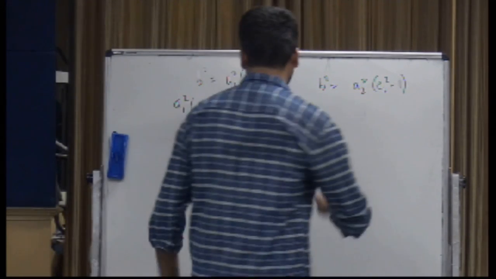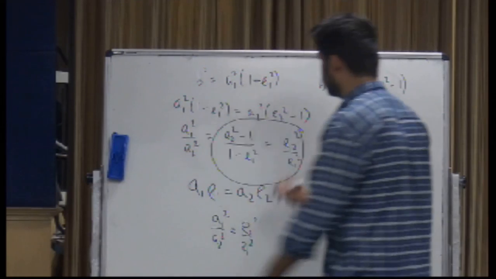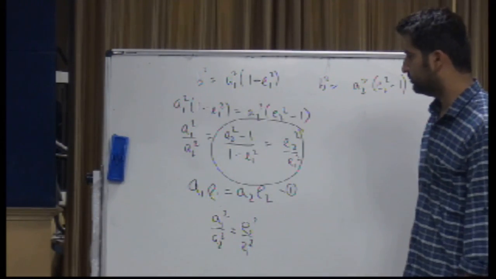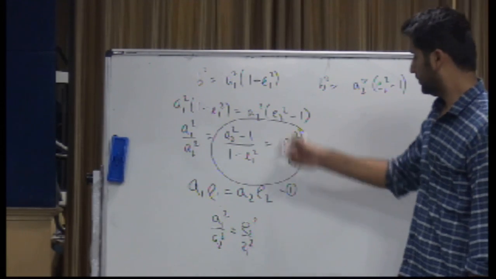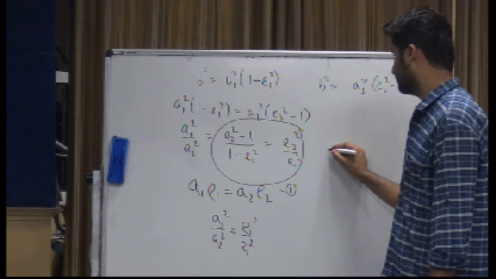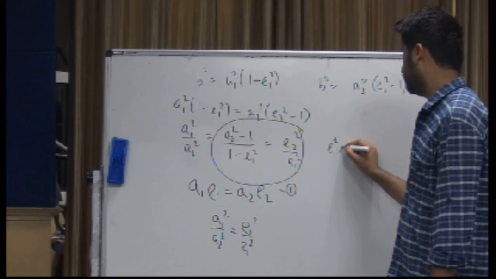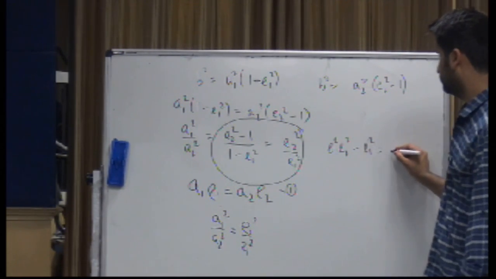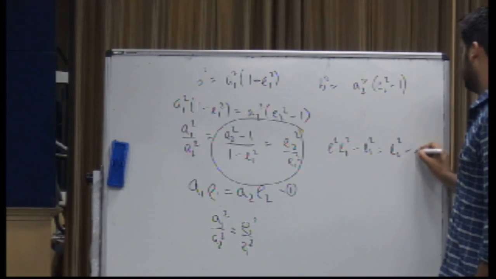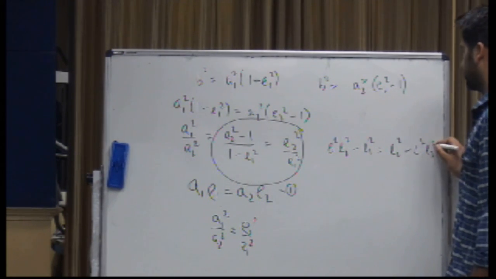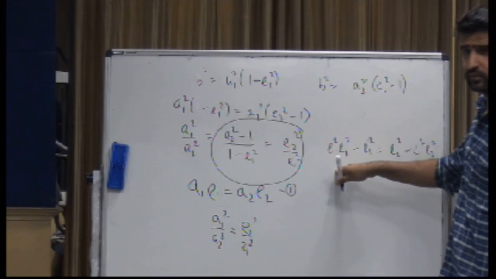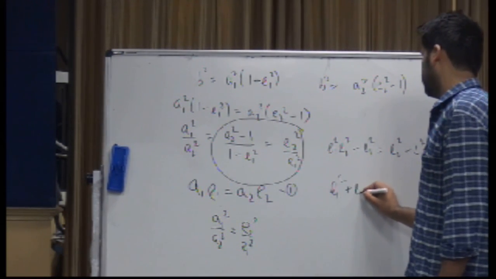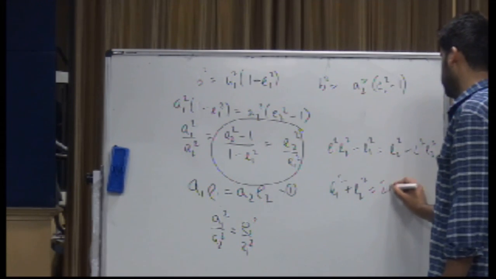Okay. Now we eliminated all the variables. We got rid of B, right? We got rid of A1 and A2. We're just left with this relation. Cross multiply, you are getting E1 square E2 square minus E1 square is equal to E2 square minus E2 square. So this will go this side. It will become twice. So the final relation is E1 square plus E2 square is equal to 2